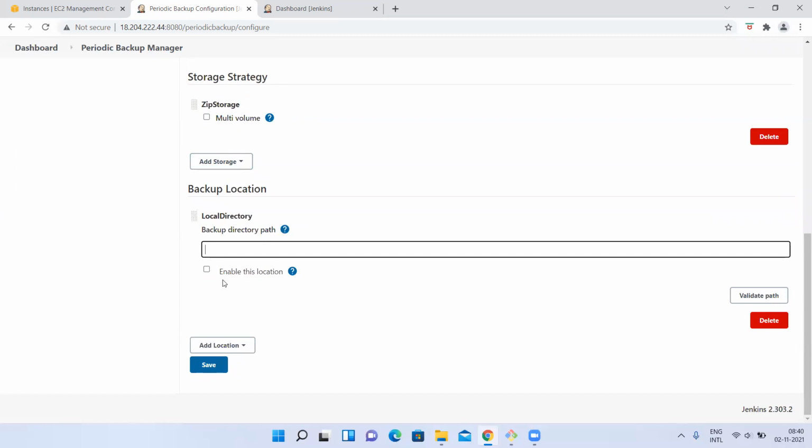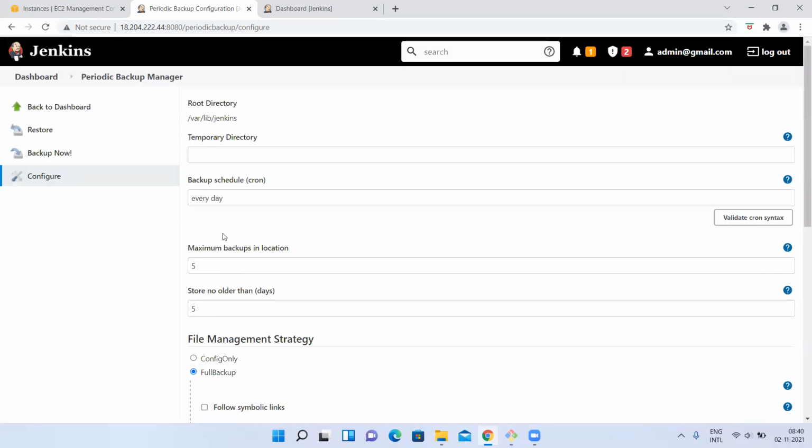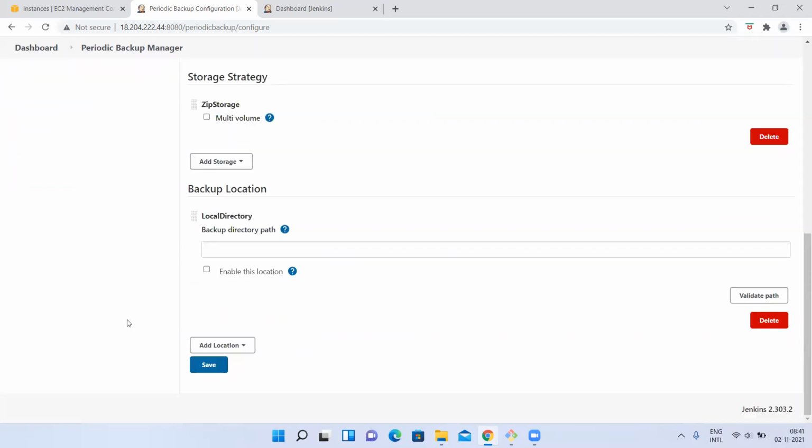If you enable this, it is going to take a backup of your Jenkins every time. So if something goes wrong, anyway you have this file, so just take it, unzip it, and replace your Jenkins with the backup Jenkins. That's it. Everything you will get it here. So this is one of the important options.